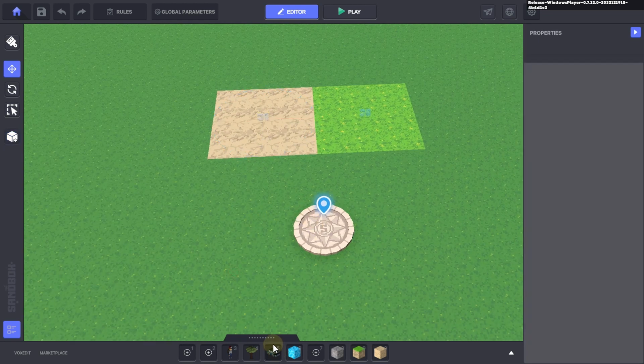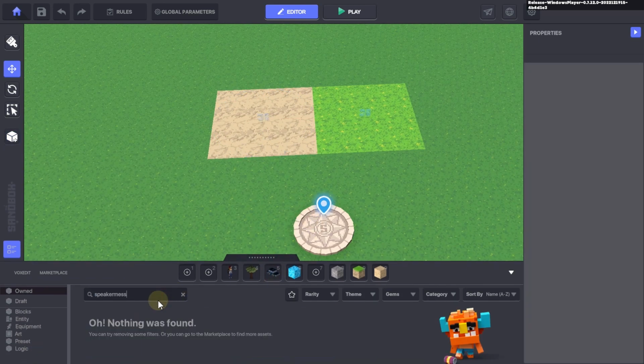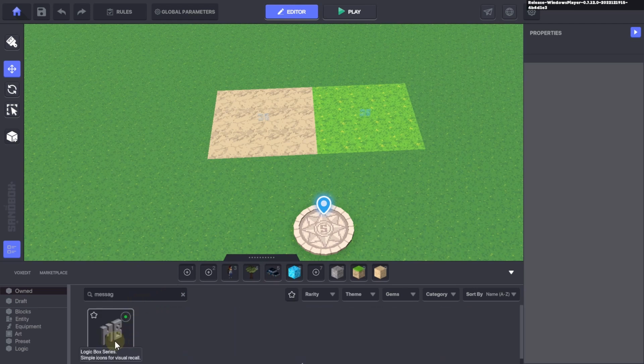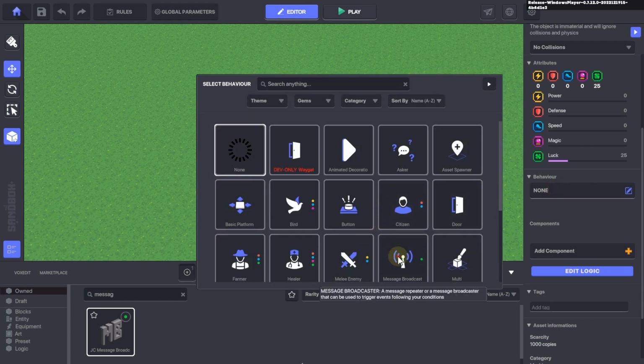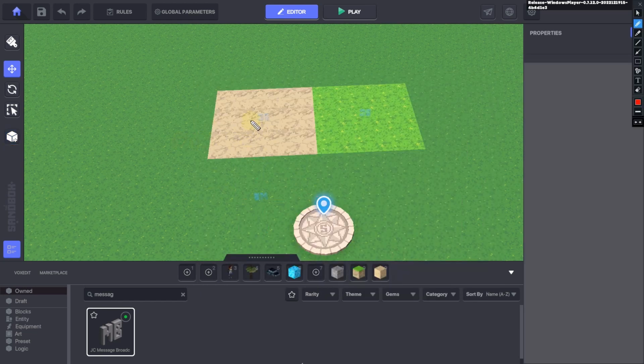So what I'm going to do instead to work around this is I'm going to find a message broadcaster. I'm going to make it no collisions and invisible. And I'm going to add a message broadcaster. And this is simply going to take my on message, because I cannot use it to kill the health component on it. We're going to message out, which is going to get received by the message broadcaster. And it's going to relay another message. I'll call that message like kill.on back